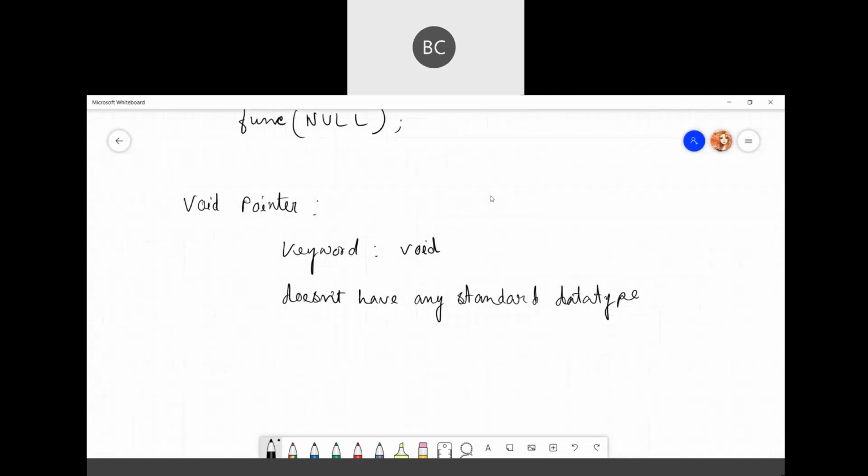So how can you initialize it? You can initialize it like void pointer p equal to null. This is your void pointer. If you want to declare a void pointer, you have to use the keyword void.